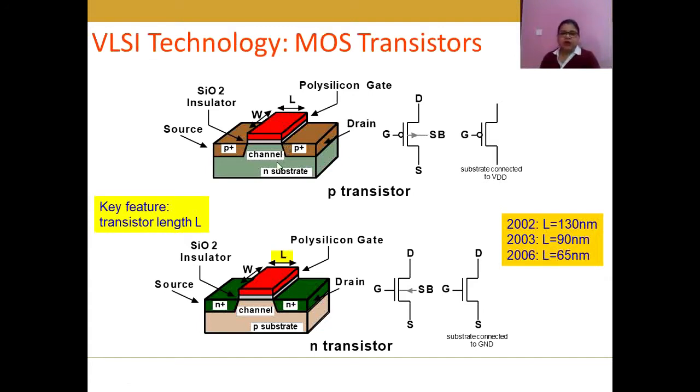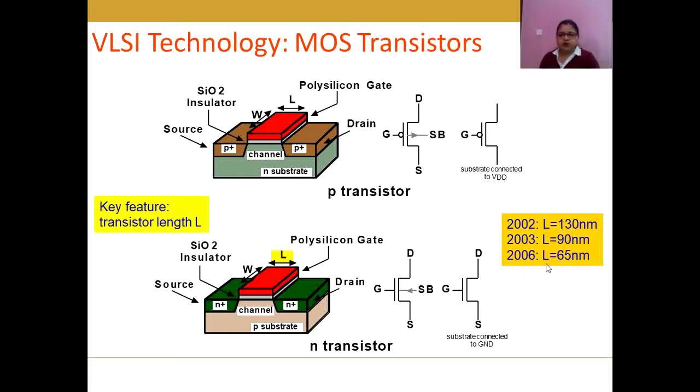So if I'm talking about, say, 2002, we were at the 130 nanometer L. L means the transistor length, which means the gate length of the transistor, which is designed over here. In a very rough way we can say this is the distance between source and drain. Otherwise, this L is known as the minimum feature size, which is allowable to be fabricated or implemented in a particular technology node.